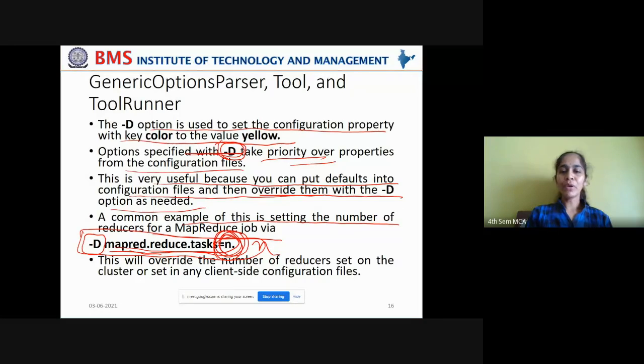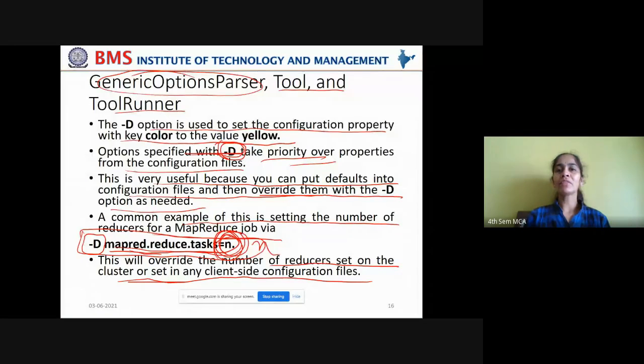This will override the number of reducers set on the cluster or set in any client-side configuration files. So you need not decide everything in the beginning. Just give some default values, and based on your requirement, you can override the default values through your command line argument, using Tool and ToolRunner, which actually implement your GenericOptionsParser class in the background.